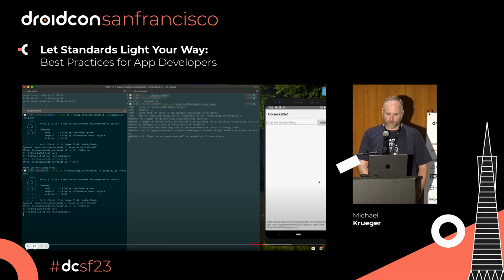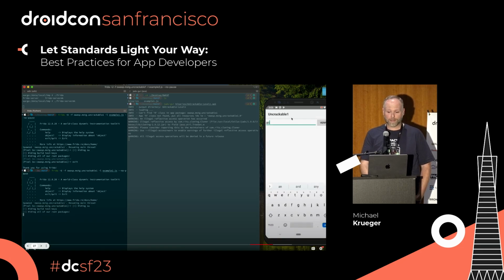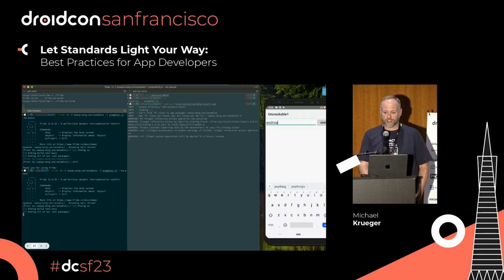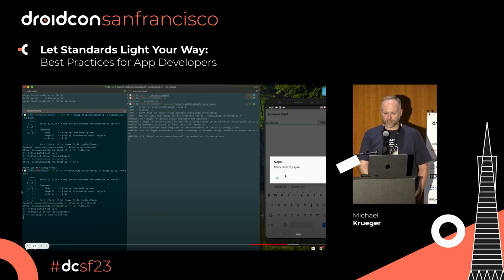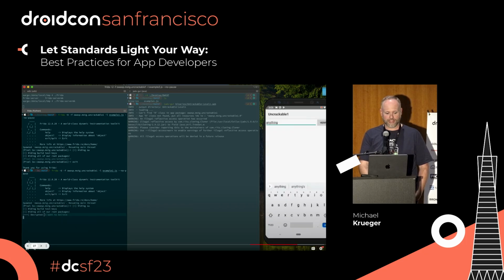Now, let's see if the network, oh, good, it's going to support me. All right, so along the right-hand side here, this is an uncrackable app. I'm trying to get the hard-coded string that you just saw, and I'm trying to get the unencrypted version of it. With Frida, all I needed to do was enter any string in that text box, and along the left-hand side, I know it's a little small, a little hard to see, Frida was watching that algorithm run.